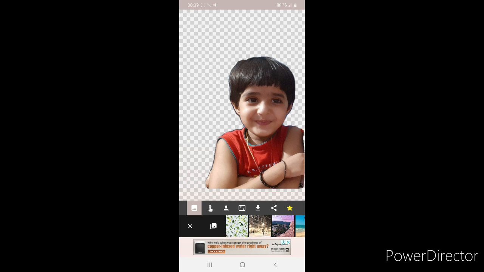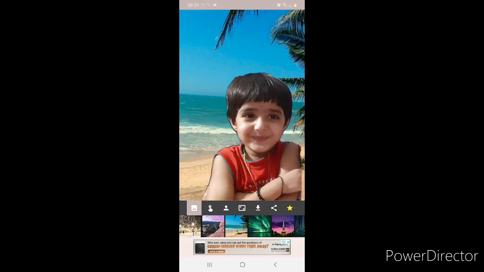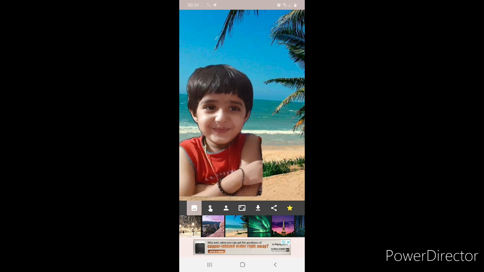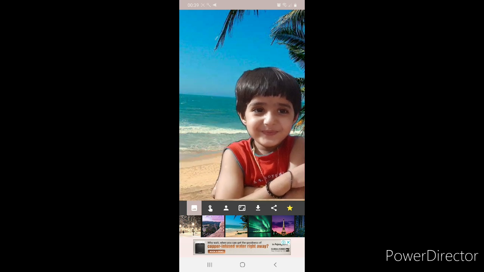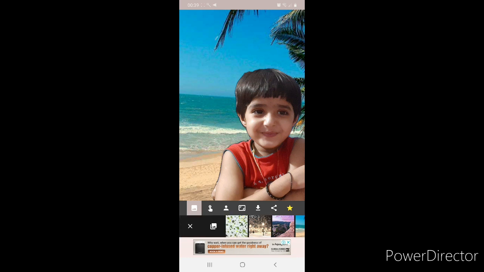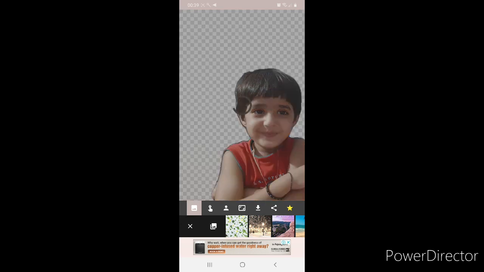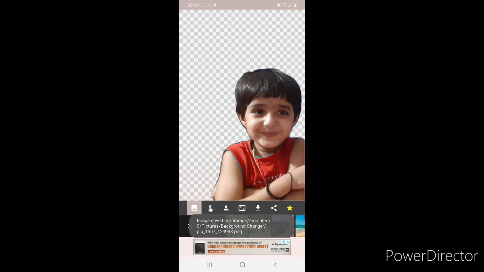To download this, you have this download icon on the bottom line, and you also have an option where you can put this photo onto some of the other images. You can see this, so it will place the photo over there. It is very useful, and if you don't want that, then just select none. If it is not required, you can just click on the download icon and your image will be stored in the gallery. So this is a very simple process by which you can do this.